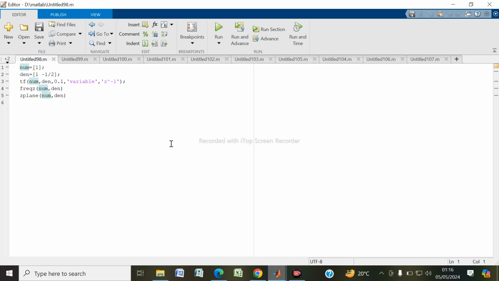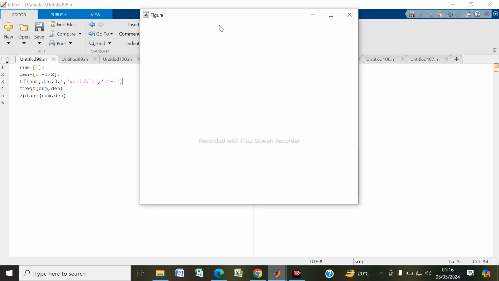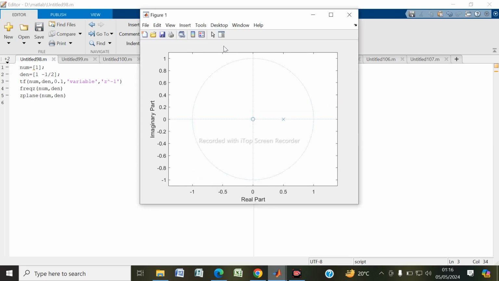So in this whole lab, we are going to see where the poles and the zeros are located. I can't tell you about that in mathematical form, because I performed this lab in MATLAB. I can only indicate the graph of poles and zeros of this lab. So at first, as you can see in this graph,